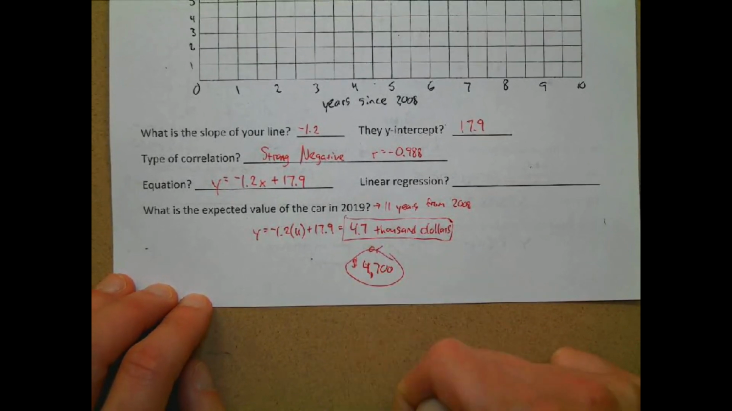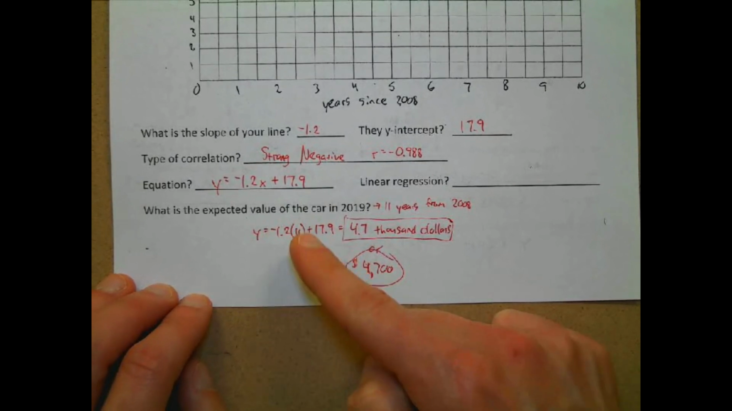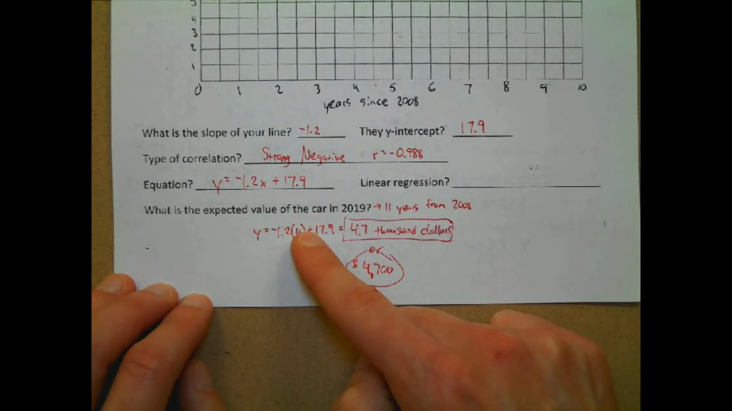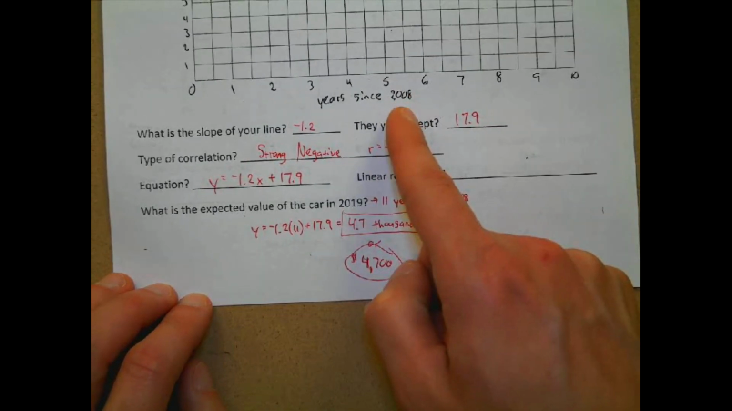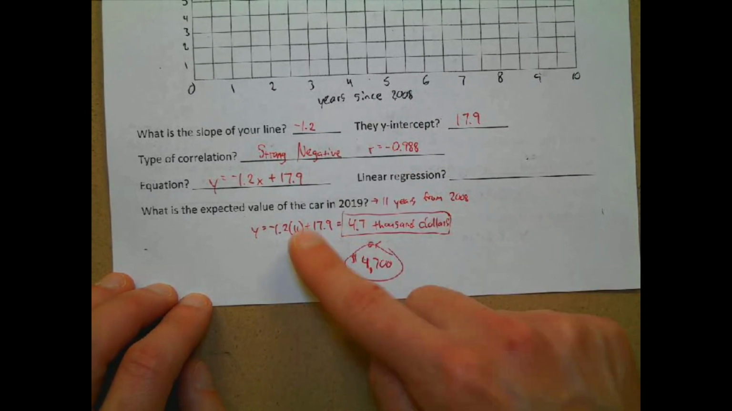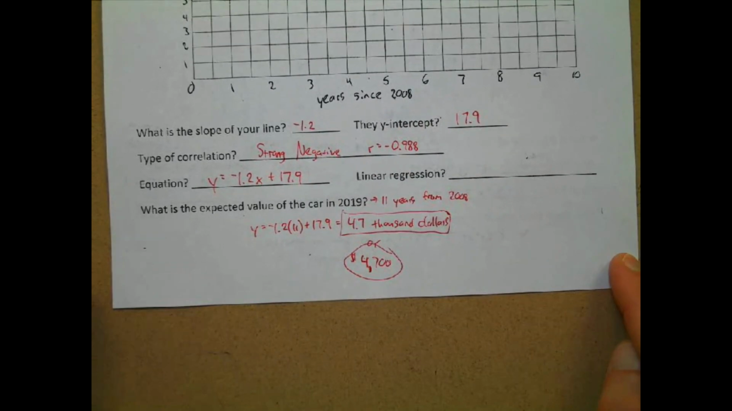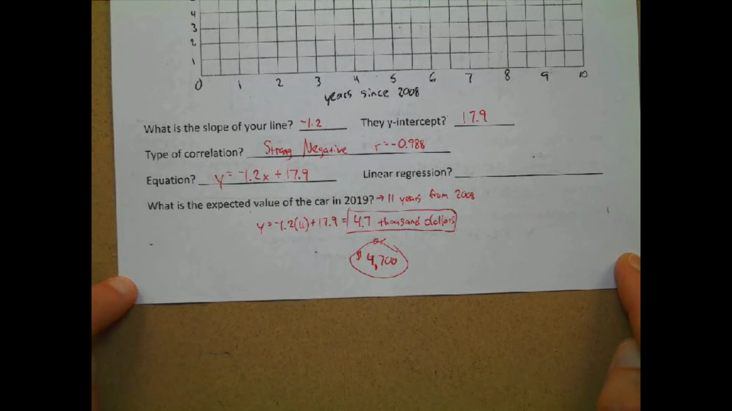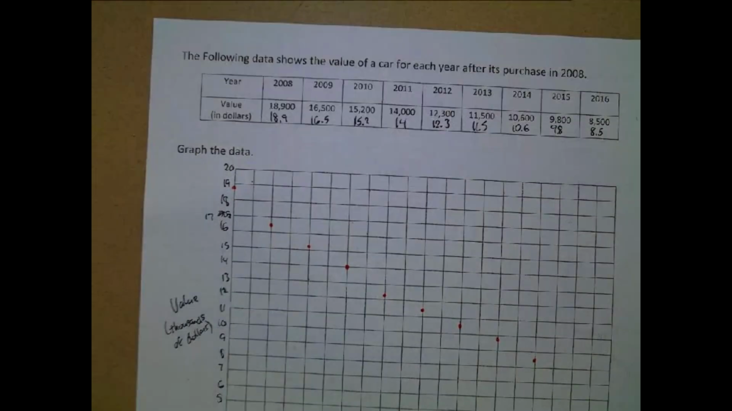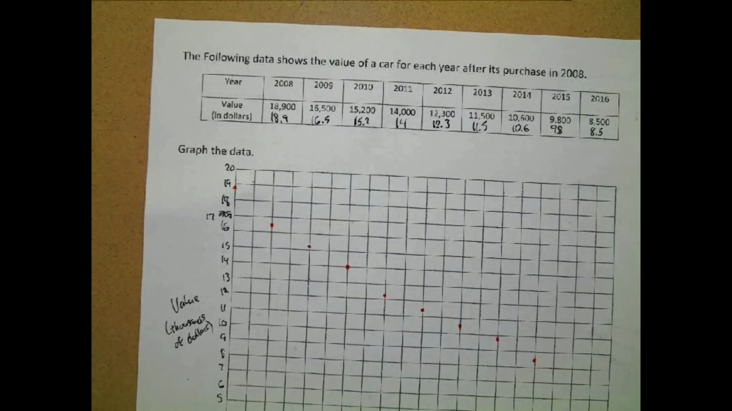Again, we want to plug in 11 for X because 11 is the number of years since 2008. 2019 is 11 years from 2008, so that's why you want to put in 11 for your X. Questions on any of that? No? All right. That's all I wanted to refresh our memory about today. What I'm going to do is give you guys your assignment here to work on for